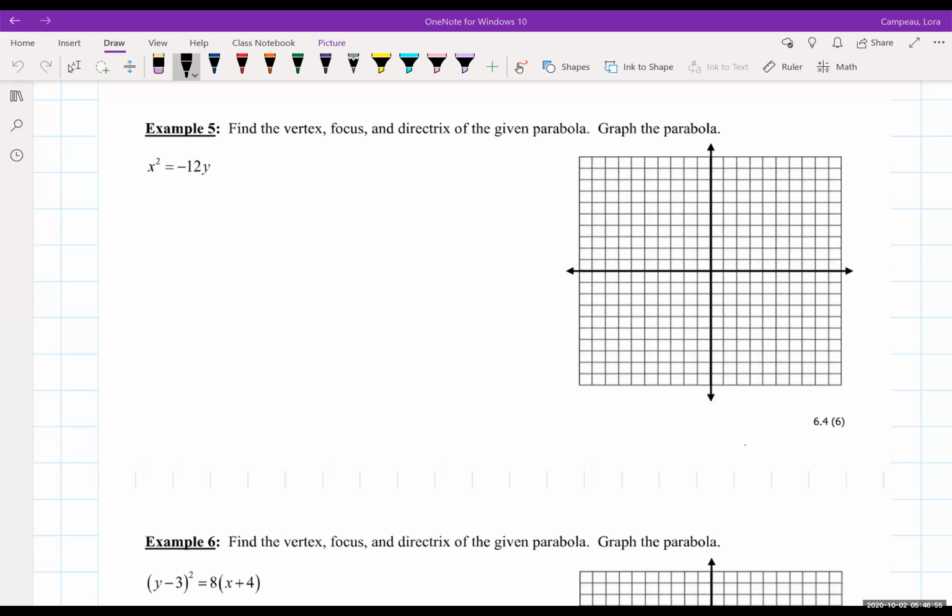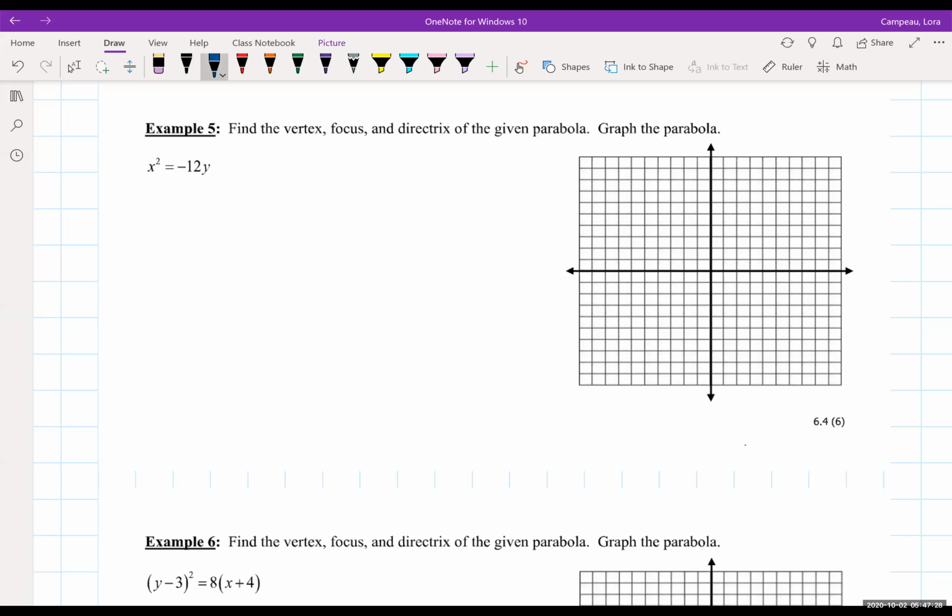Welcome back. We are going to dive a little bit deeper into understanding all the parts of what makes a parabola. I know we've visited this before in terms of just how to graph a parabola and finding the vertex, but we're taking this with a different approach because we are including the focus and directrix this time. So starting off, we're going to look at x squared equals 12y